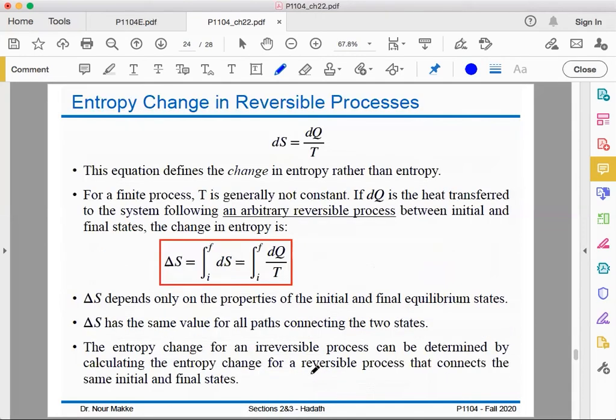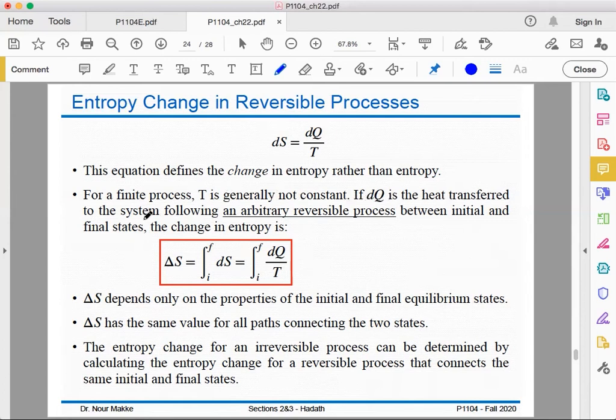Now here we saw the entropy definition of the change in the entropy for an infinitesimal process. Now what if we have a finite process, meaning we have a process between a very well defined initial state and the final state, and in general T will not be constant, right? So for a finite process where T is generally not constant, if dq is the heat transferred to the system